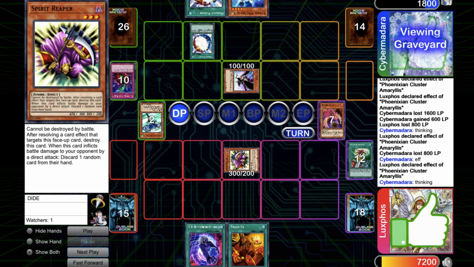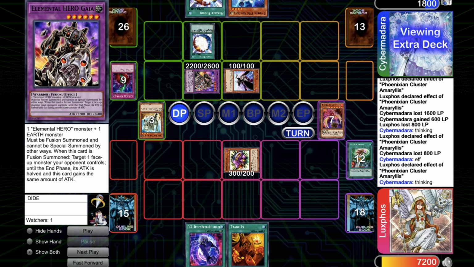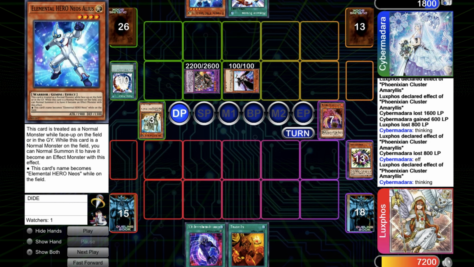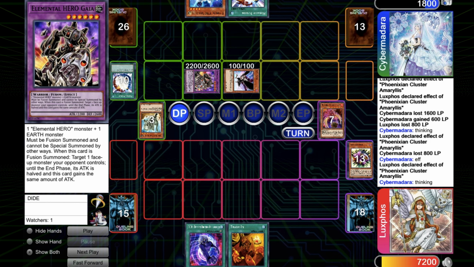So he goes for the first one, Banish Stratos and Fossil Dyna, and he goes for Elemental Hero Gaia. I didn't think about this, but it's a way to clear the Spirit Reaper, so he can just pop it. Then he can go for... No, he can't go for a second Miracle Fusion. Well, he could, but this means banishing the Elemental Hero Gaia, so I think he just normal summons Alias,